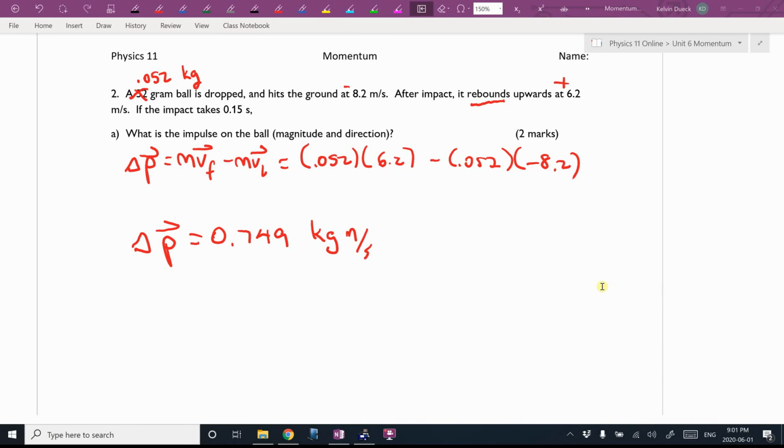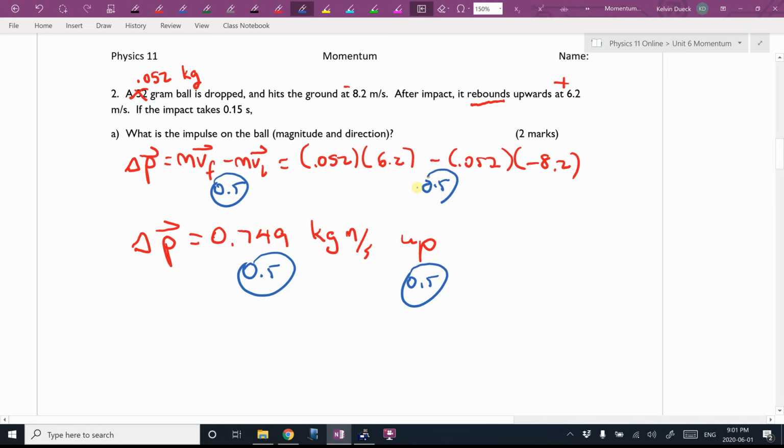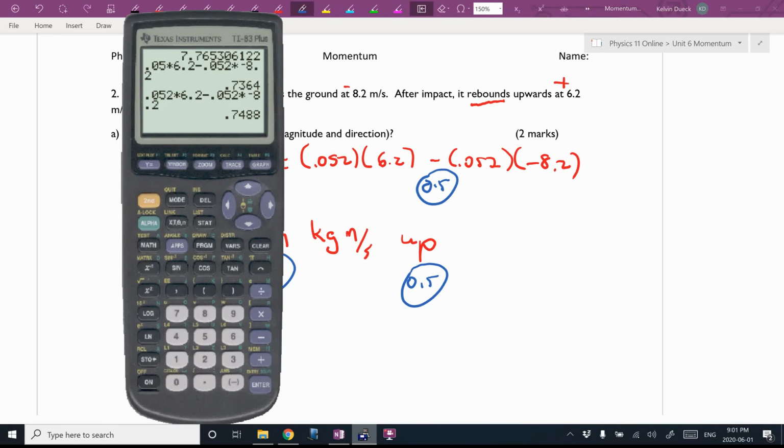So if you got that right, and if I wanted a direction, I'll put the direction up if you didn't include a direction. It did say magnitude and direction, yes. So I would give you half mark for the magnitude, half mark for the direction, and a half mark for the numbers. But if you got the right answer, 2 out of 2. Now, if you missed the change in direction, so you missed the negative, then you would get